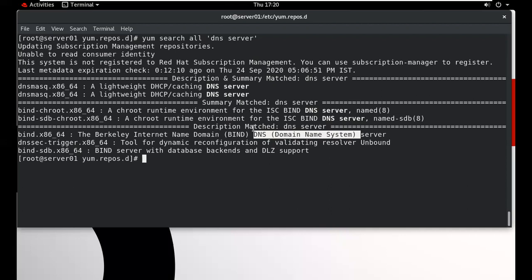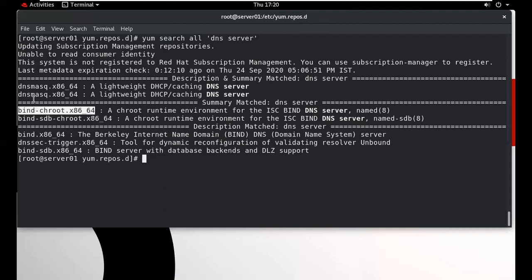So this is the function of DNS. So if we don't know the name of the package, this is the name of the package of DNS server. And this is for the security.